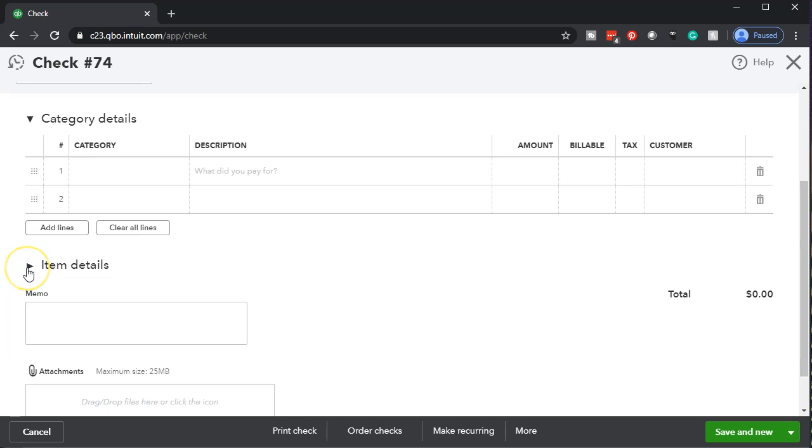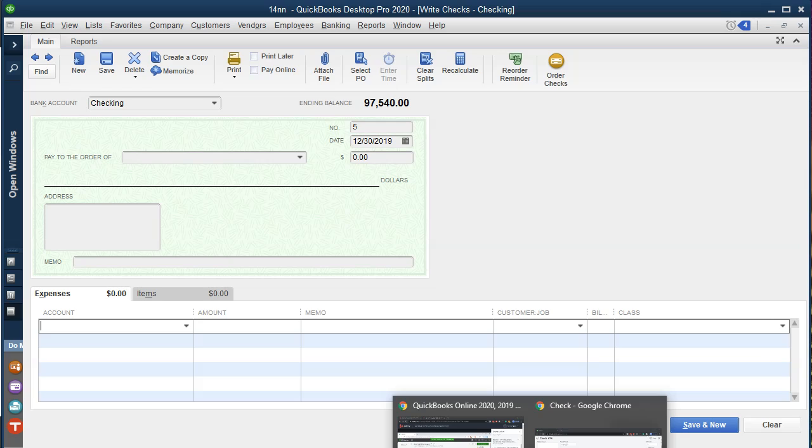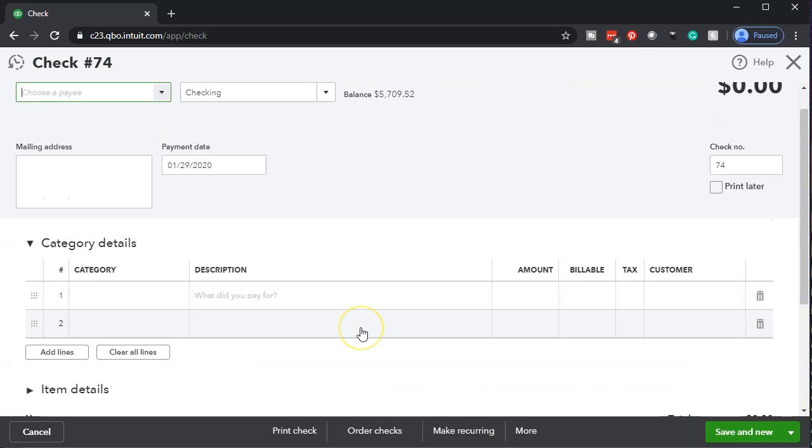And if you go back to QuickBooks Online, what we have instead are the category details, and then we have the item details. That's like the expenses tab and the items tab. Now, in desktop, it's a little bit confusing to call this expenses. It's probably better that they renamed it. It's more descriptive because most of the time it is expenses, not expensive, but expenses. Expenses can be expensive, but